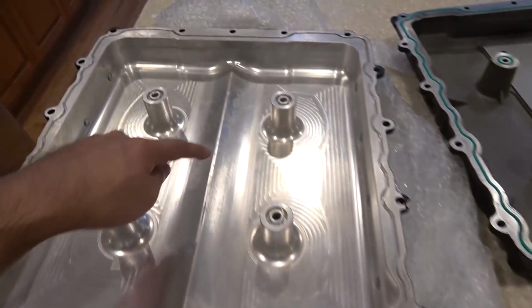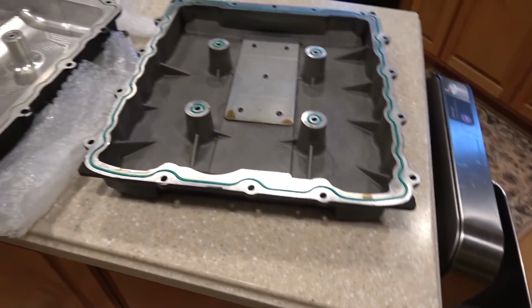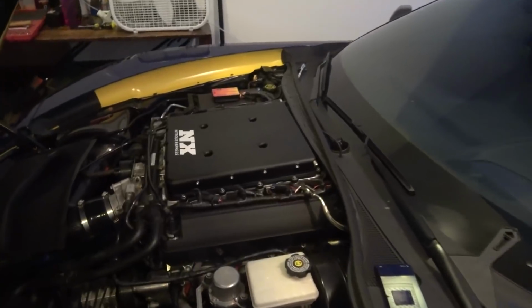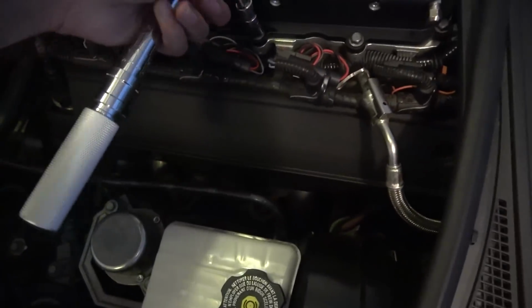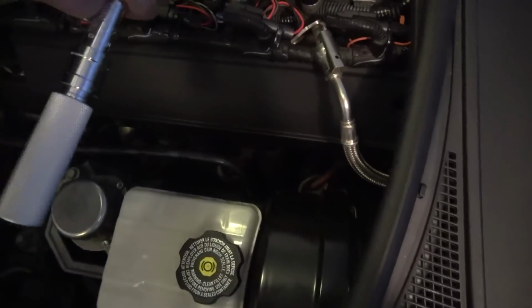It also has a little groove down the middle. I'm gonna have to clean this one before I install. I'm gonna clean this one, even though I might never use it again just because I want to clean it. And there we have it. Everything is fully installed and torqued down. As you can see,